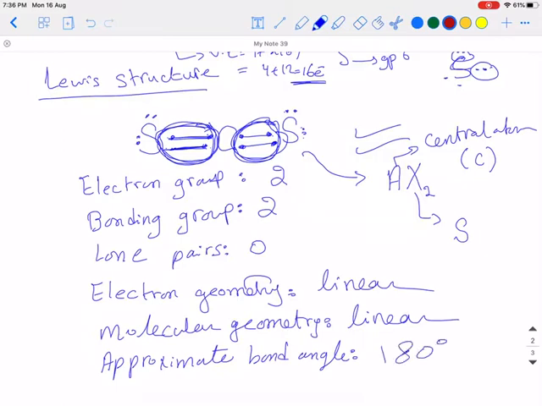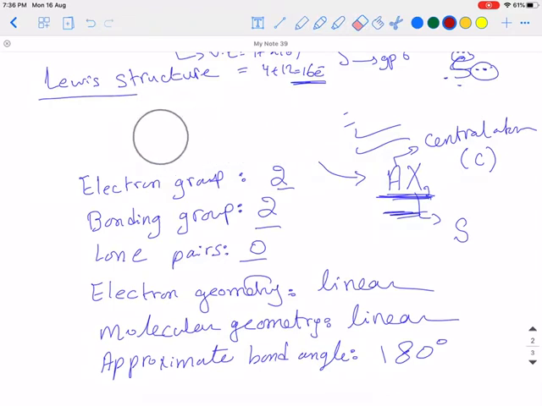Approximate bond angle for the linear, the approximate bond angle is 180. So now we can memorize these general things to apply on any example. This is one example, but any example that follows the general formula AX2, which has a central atom surrounded by two atoms having electron group 2, bonding group 2, and lone pair 0, the electron geometry will be linear and